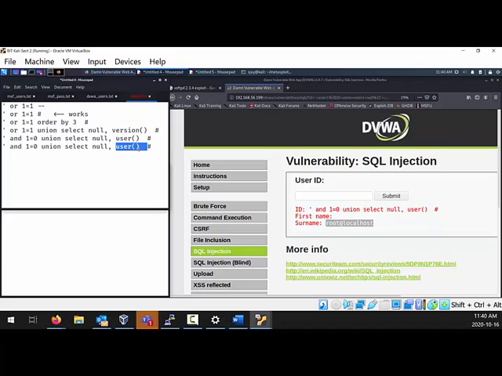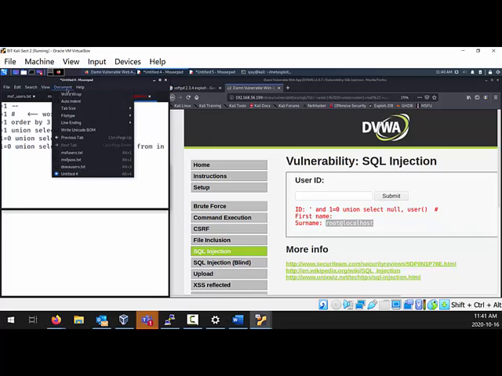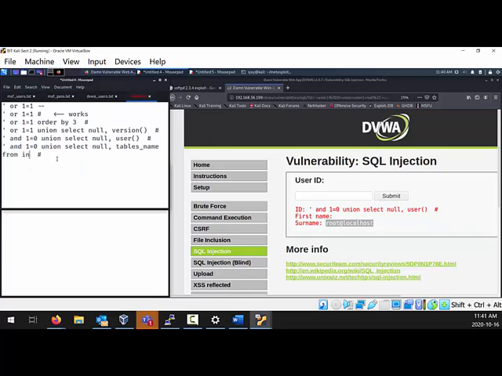Rather than user, we're going to select table names, table name from information schema. Wait a minute, one sec. I'm going to do a word wrap. Dot tables. All right. We're selecting the table names from the information schema dot tables, which is the system catalog